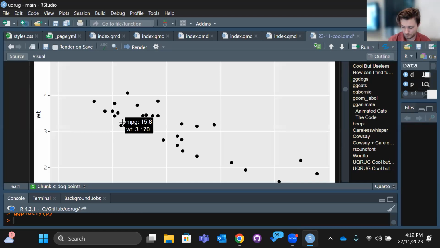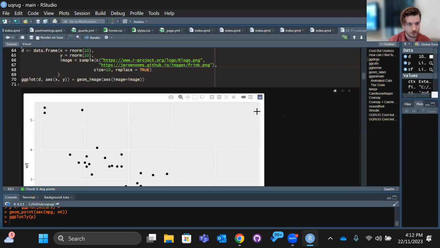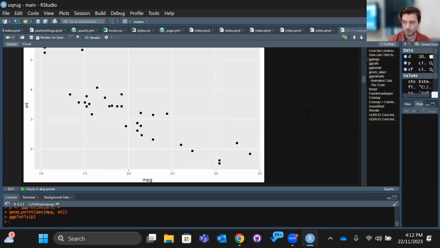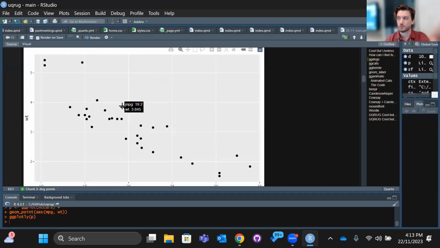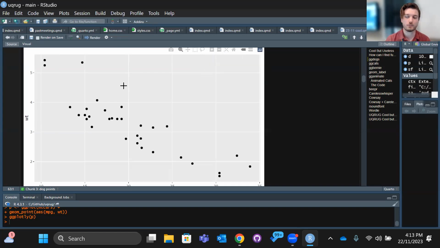So for those who don't know, this is what Plotly can do. What would have been a standard boring ggplot output, using Plotly and ggplotly allows you to interact with the graph and hover over it and see the details. And if there were multiple different categories here, we could click on them and zoom in on the graph as well and do all sorts of stuff like that. So Plotly is a really good way to explore your data. Potentially not if it's a 100 megabyte data file. But Plotly is a really fantastic package, which is why I was happy to see it come up. I'm always happy to spruik Plotly.